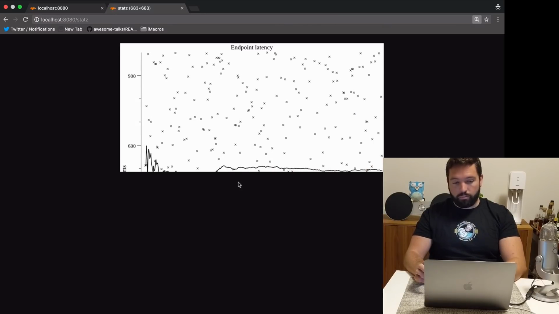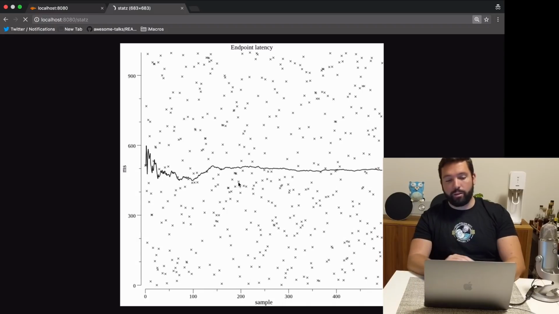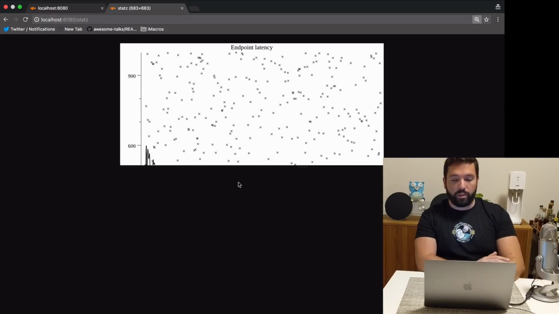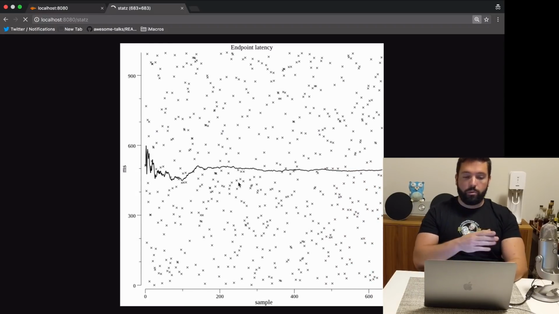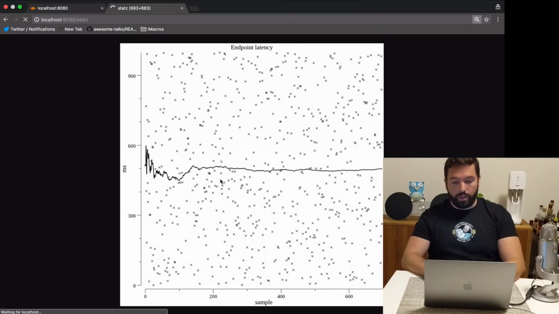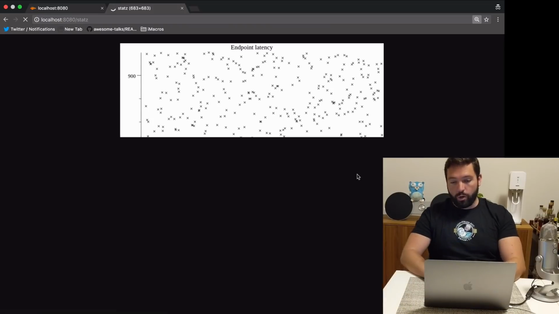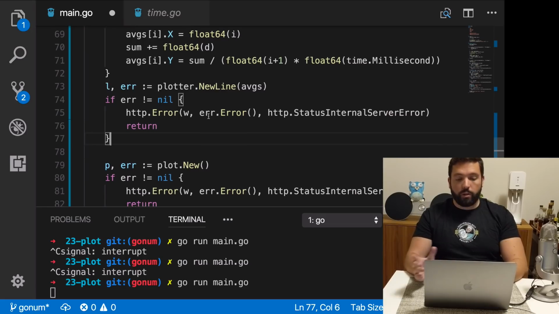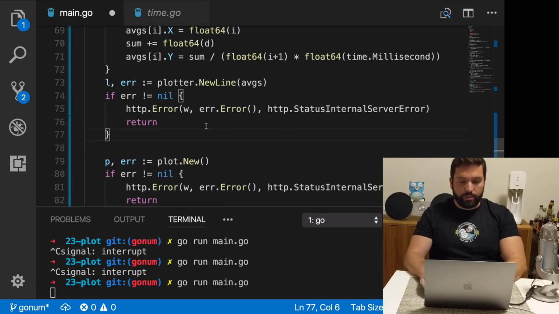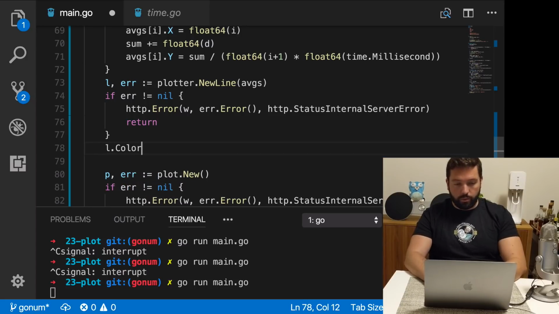That looks pretty good and allows us to see that indeed it's pretty stable. At the beginning, it doesn't look very stable, but once you go over a little bit, around 200 or so, it starts to be quite stable, and you can see that it's pretty much 500 all of the time. Also, if I want this to be a little bit easier to read, I could change the color of the line